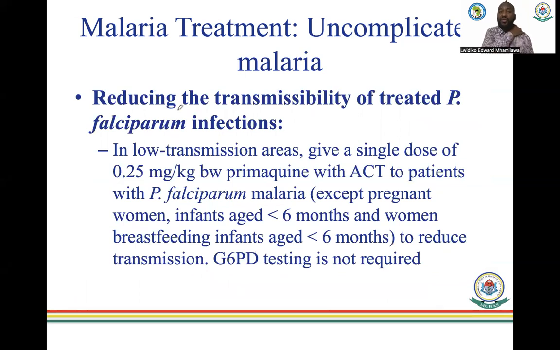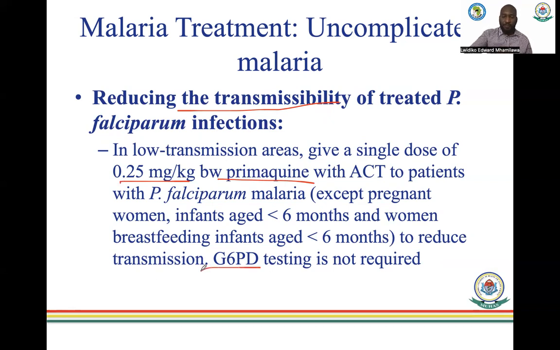And then within uncomplicated malaria, there's also an objective of reducing the transmissibility of the treated patients with falciparum, as I've mentioned to you before, of the gametocytes. So for treating gametocytes that are going to be picked up for ongoing transmission, primaquine is recommended at 0.25 milligrams per kilogram. But primaquine is known to cause hemolysis, which is dose-dependent. With a higher dose of primaquine, some people can have hemolysis because of the deficiency of an enzyme known as